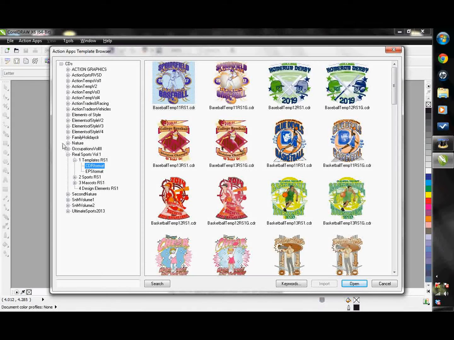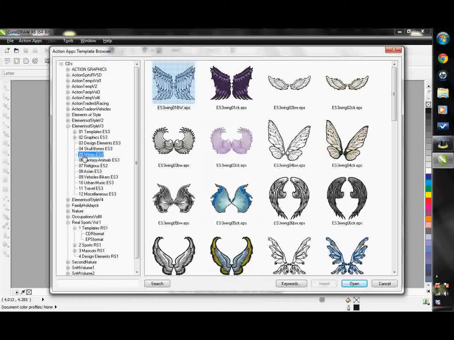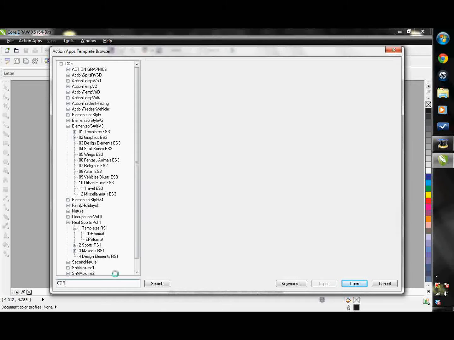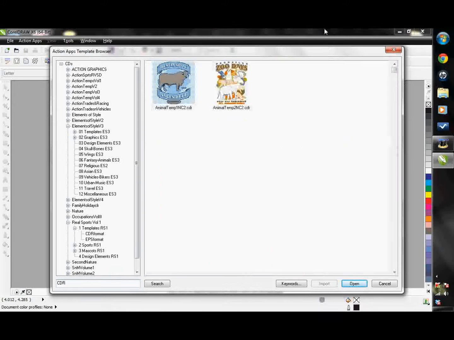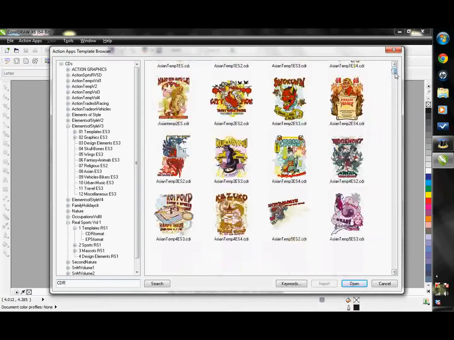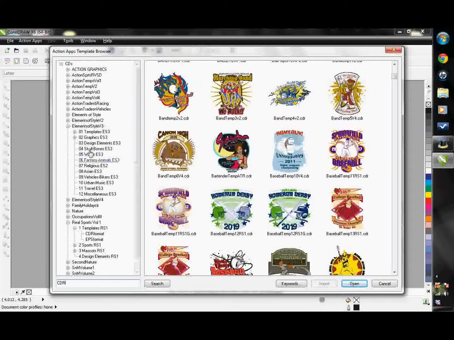We can browse through the artwork by volume or do a specific word search for a keyword. I'm going to type in CDR. This is going to bring up all of the editable templates that we have available in our collection. These templates also come in EPS format, but you will want to use the CDR format. Then you're going to select a template